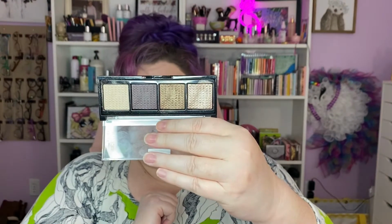I love this palette for a straight up everyday look. That's a gorgeous shade. And I pop that in my crease and I go about my life. It is gorgeous. I love this. It's fabulous. If you haven't tried the Revlon So Fierce, go pick you up one. You'll love it. And then last, but certainly not least, this one